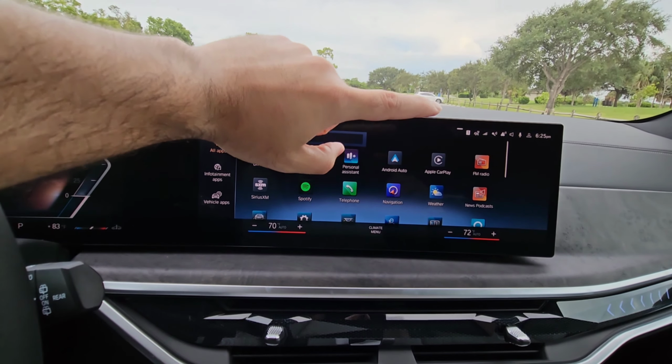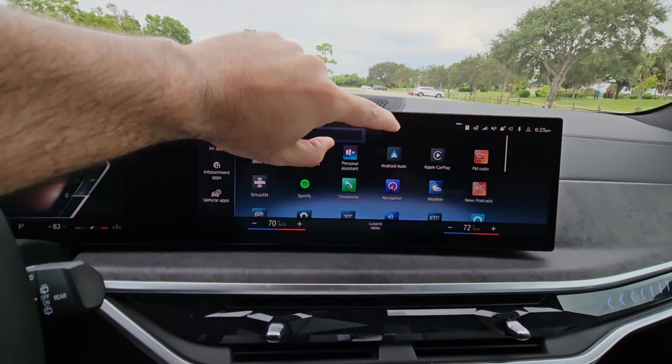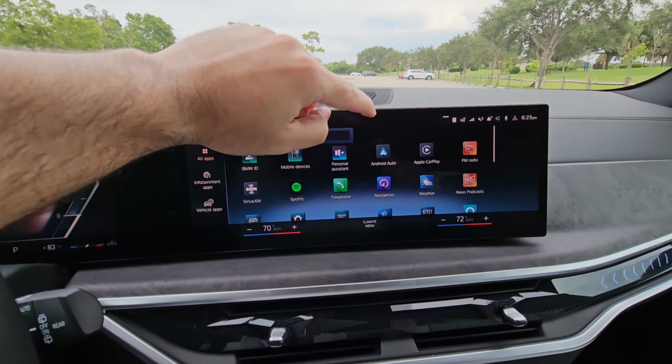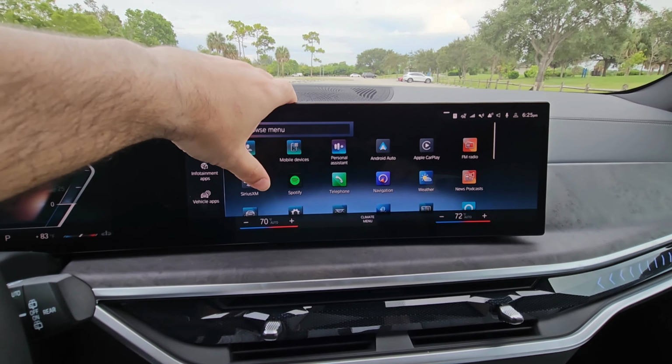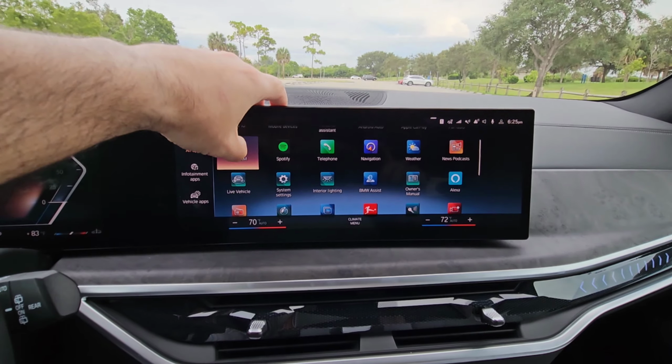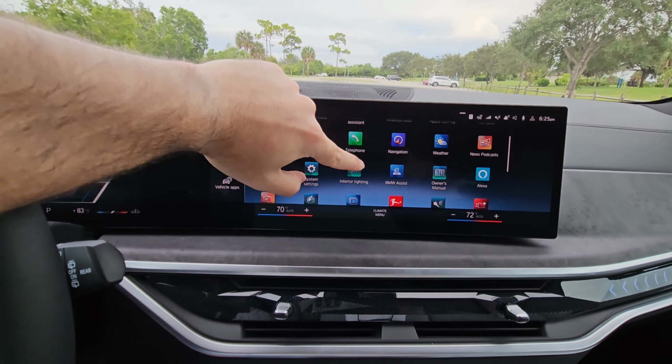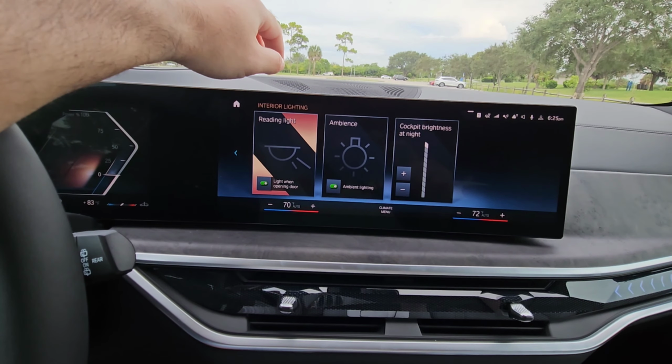You have navigation, you have weather, you have Apple CarPlay, which comes standard with this car. Also Android. My wife has an iPhone and I have Android. Both work amazing with the car. Now in the system settings, there's obviously system settings stuff for the car. If you come here to the interior lighting, you can pretty much pick the